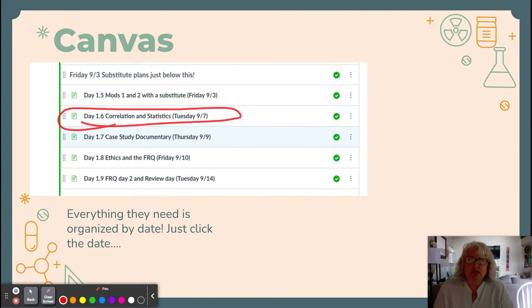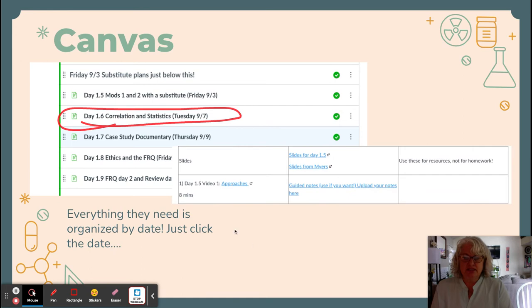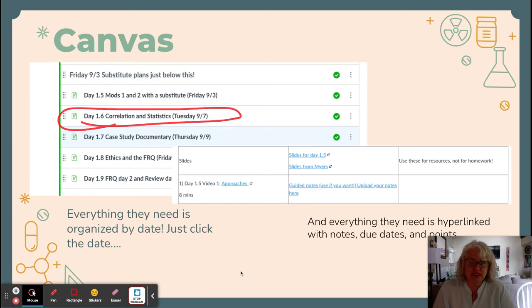This is really important, I think, for students. If they're absent for sports or travel, if they want to go back and review something we did, it's super easy for them to find it. Once they click on that day, then it opens up the day for them, and this is just a screenshot of a part of it, and everything is hyperlinked that they could possibly need. And it's on early, so I usually put this on a week ahead of time. They have their notes, they have guided notes for the day, they have what homework they are supposed to be doing, and all of it is hyperlinked. In addition, I usually put additional videos in there as a resource for them. They don't necessarily have to do it for homework, but it's just a nice resource for them if they want to study that way.